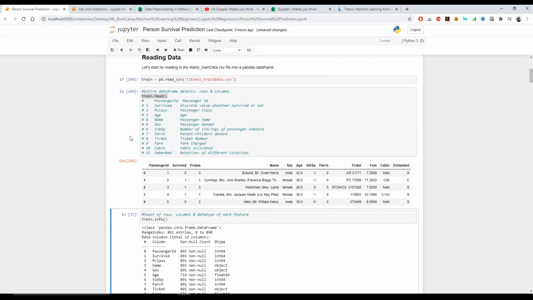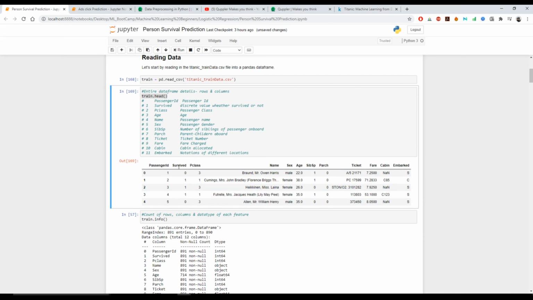Once I did that, I found the passenger ID, the survived column, P class, name, sex, age, SibSp. So what are all these? The first is passenger ID. These are unique IDs assigned to each row for that particular person. Survived is a discrete value about whether that person survived or not.